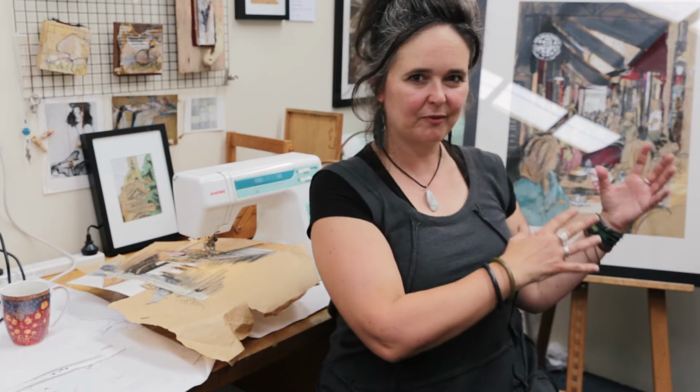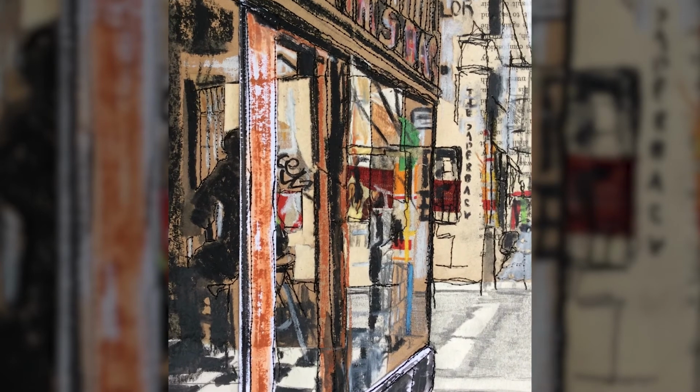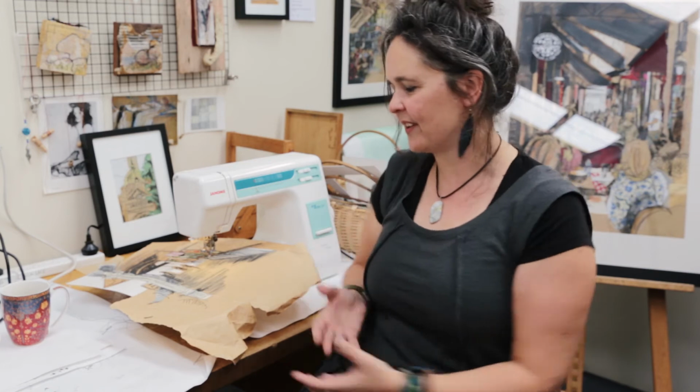As I say, I started off going directly from life drawings and translating them to thread, and I was working quite large, and it probably took me many years to begin to have the sort of accuracy that I was really looking for. The more skilled I've become, the smaller my pieces have been able to become, and now I've started expanding outwards again, and that's a whole new challenge, particularly with the city sketches, because they're not fabric, they're on paper and card. I actually have to work the larger ones in pieces,